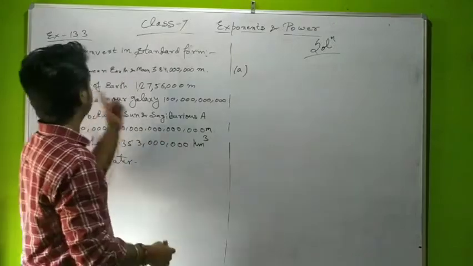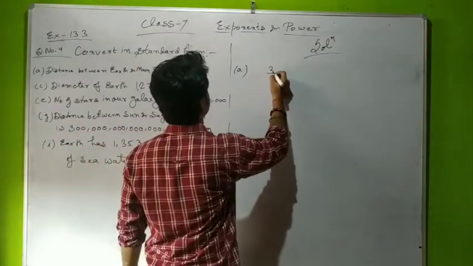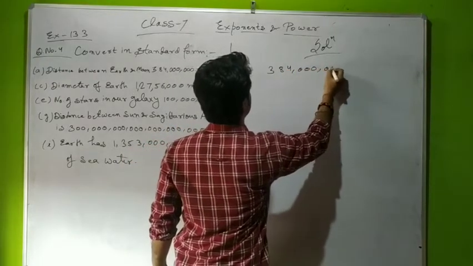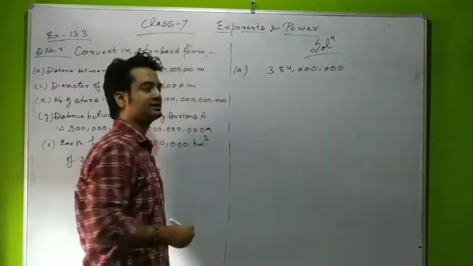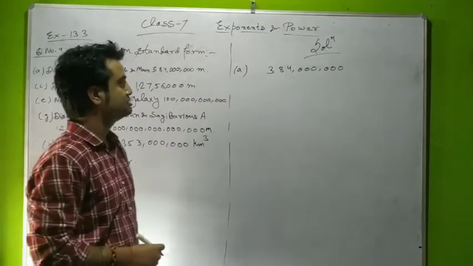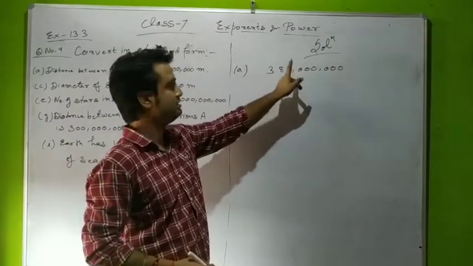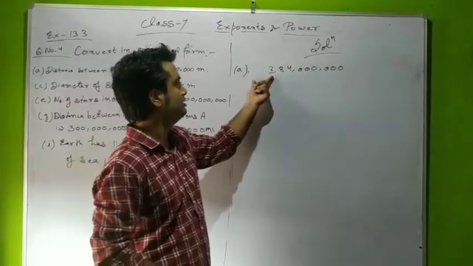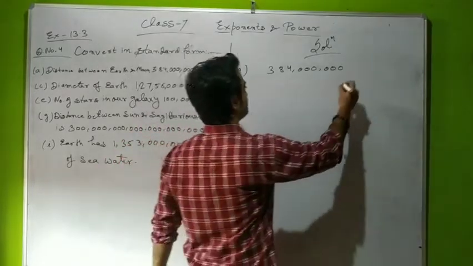The distance between Earth and Moon is 384 million meters. You know that there are two ways to read a number: one is the Indian method and the second is the Western method. If we use ones, 100, 1000, 10,000, 100,000, then million, 10 million, 100 million, so this number is 384 million meters. We have to convert it into